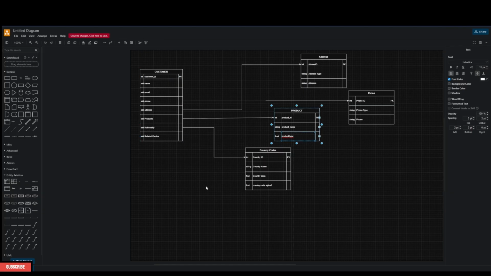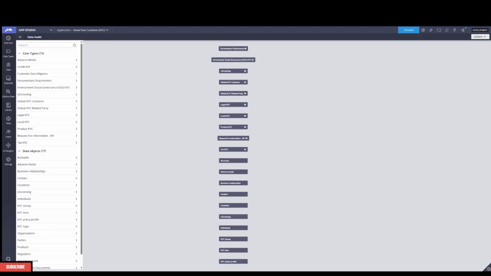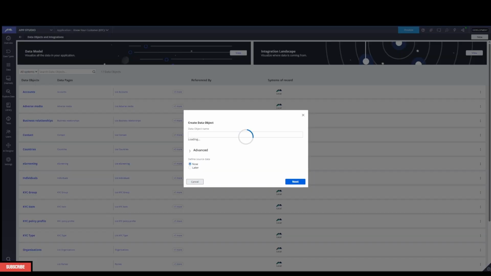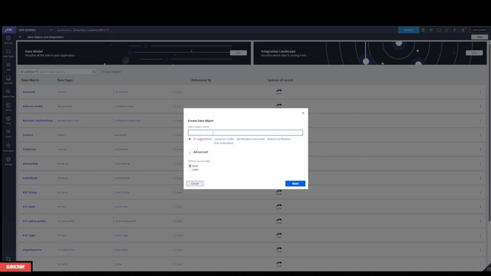And as well we will have our related package object. So in order to start, we're going to go to App Studio. On App Studio, we're going to click on New. Then it will prompt the data object name. We're going to select Customer. If you notice, the AI is already giving us some suggestions, so we're going to go ahead and create it from scratch, just so you know how to create it. So we go with Customer,